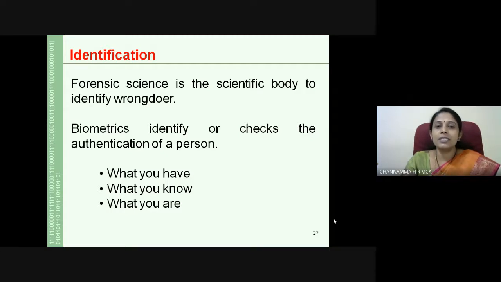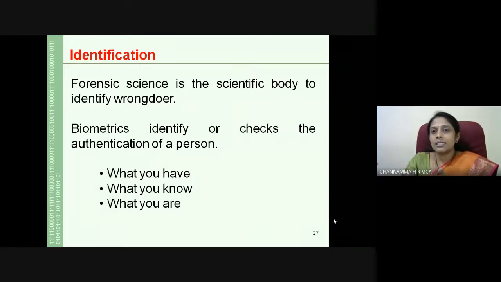So biometrics comes into the picture when we find a fingerprint, or when we take a clipping of a CCTV camera, so we can find the persons who were involved in that crime. So biometrics directly links to the traits of whoever has that identity. Hence, in terms of identification, forensic science and biometrics are linked to each other.